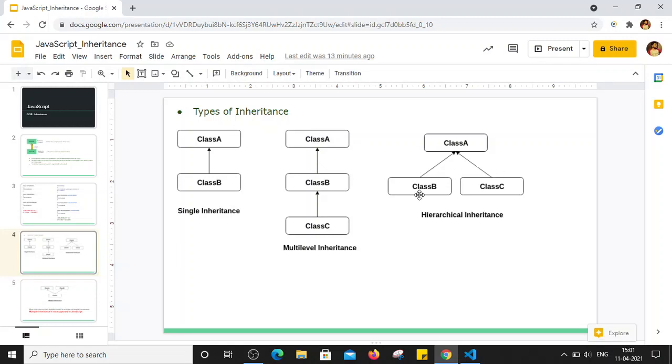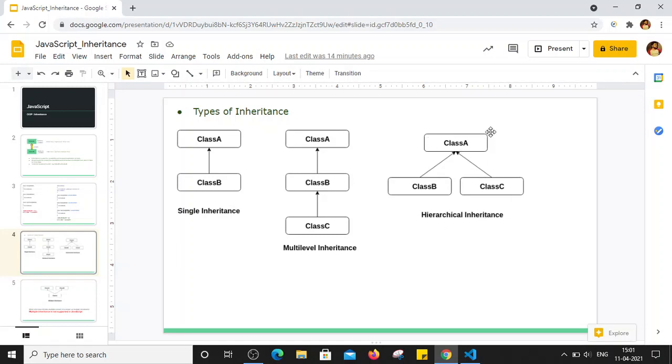And we also have hierarchical inheritance. What is hierarchical inheritance? Let's say there is one class, that is class A, which is a parent class, and there are class B and class C. Class B and class C are both children of class A. So there is one single parent, class A, which has two children, class B and class C. Here class B extends class A and class C also extends class A. That means class B objects can access the methods and variables of class A, and class C objects can also access the methods and variables of class A whenever we use the extends keyword on class B and class C, right?